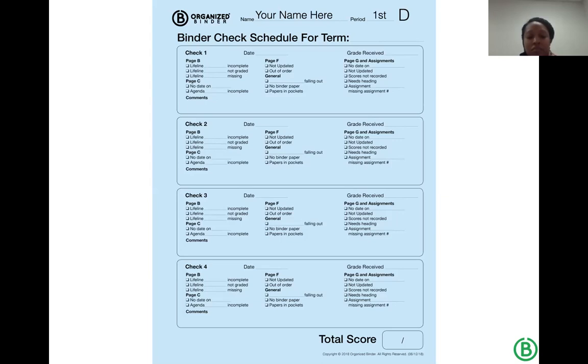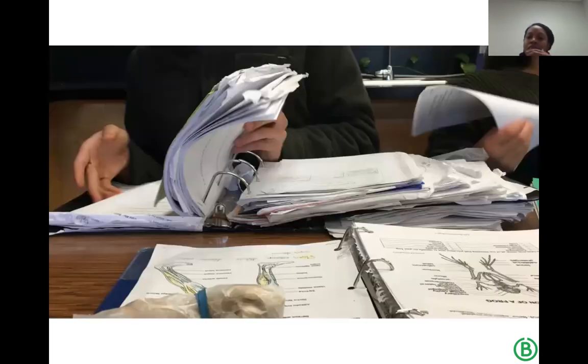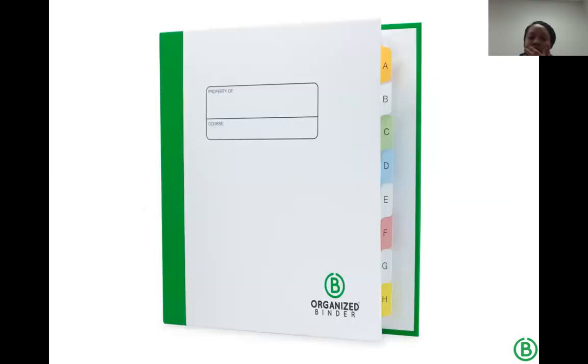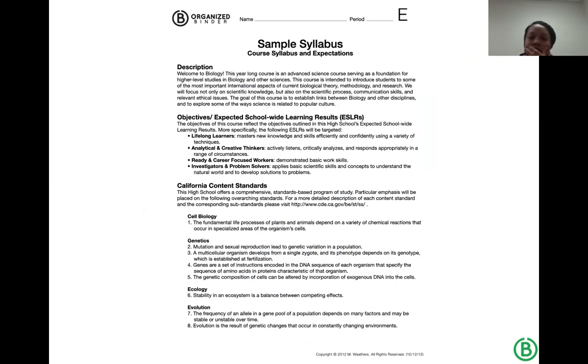And two, and more importantly, I want them to have that portfolio at the end of the school year. I want them to walk with that. And if I allow for this to just slowly turn into a mess, then it's on me, when I could have just paused every 3 or 4 weeks. And as a class, we spend a few minutes putting them back together. It's really important. There's a place for their syllabus.